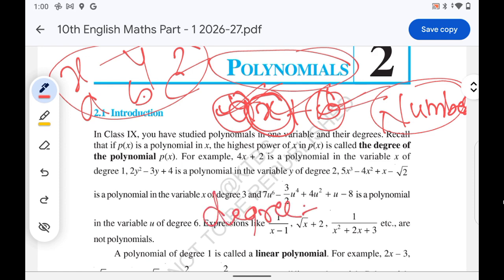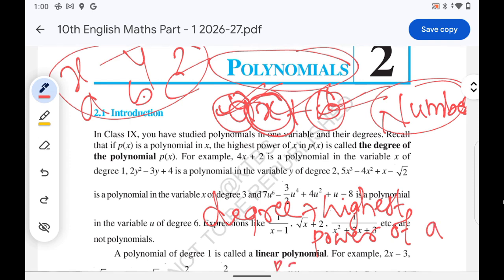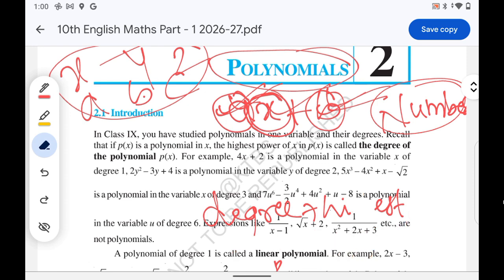It is the highest power of a polynomial p of x. Okay, then we'll move forward. So we know the three types or the three